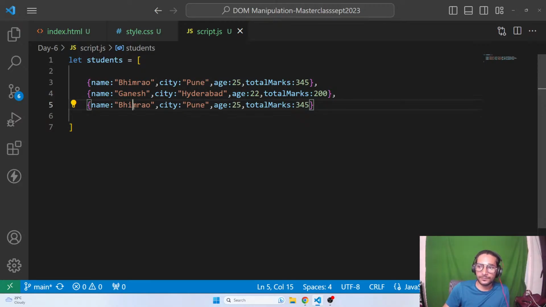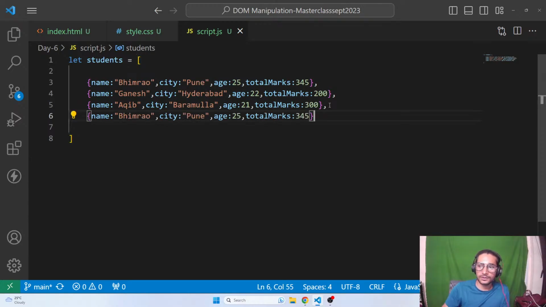Let's put Akib, city Baramulla, and age can be, let's say, 21, something like that, and marks can be, let's say, 300. Then one more, let's put Naveen. I don't know, maybe let's put, I exactly don't know, but let me put New York here, because I know